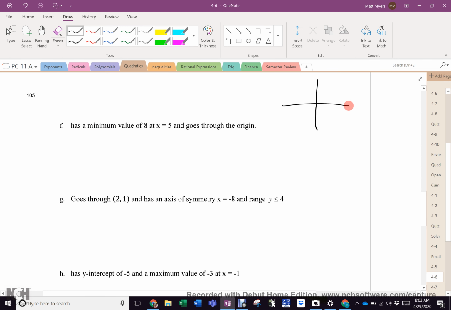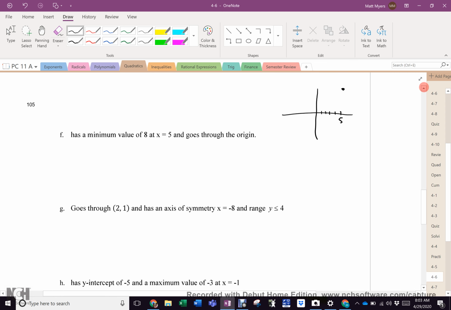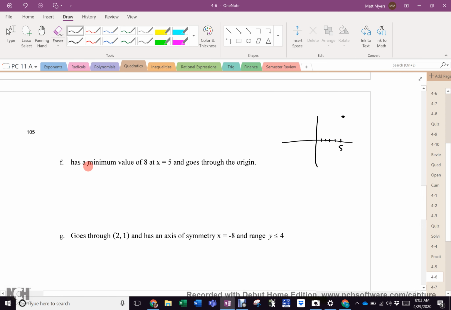So here's my graph. 1, 2, 3, 4, 5. There's my x equals 5. Its minimum value is 8. So 8 is up there, right? Well, if it's a minimum value, it must go this way, right? But then how could it go through the origin, which is right there? This is a typo. This needs to say